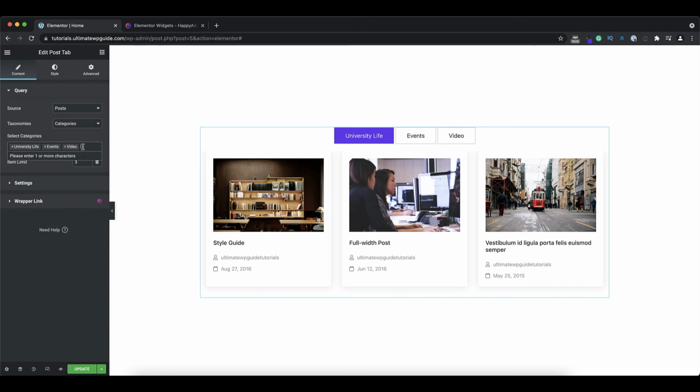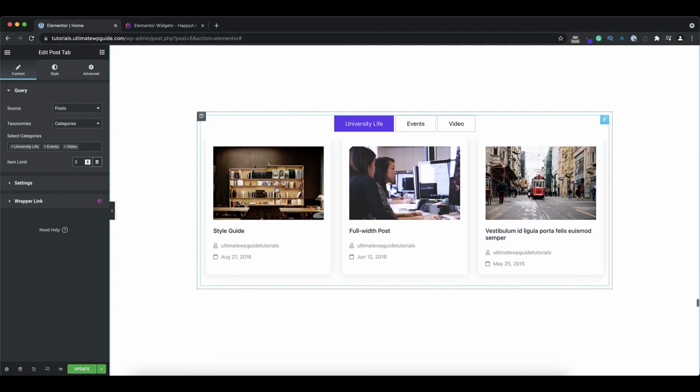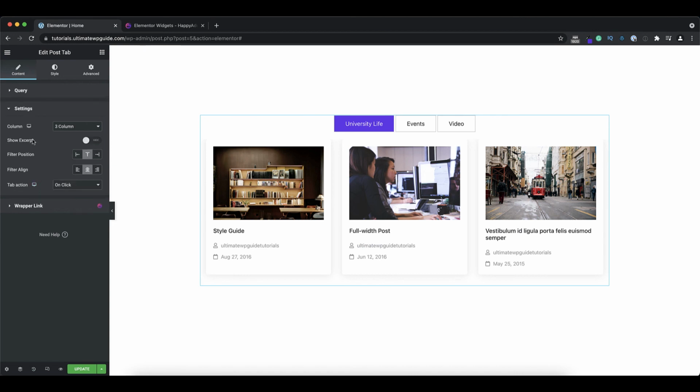And then under the category section, this is where I can define the categories that I want to display the post types of. I can specify the item limit, the number of items that I want to show. If I have more than 3 items for each one of these categories, I can do so, and that will just add a couple more rows of the posts that I can display. Under the settings area,